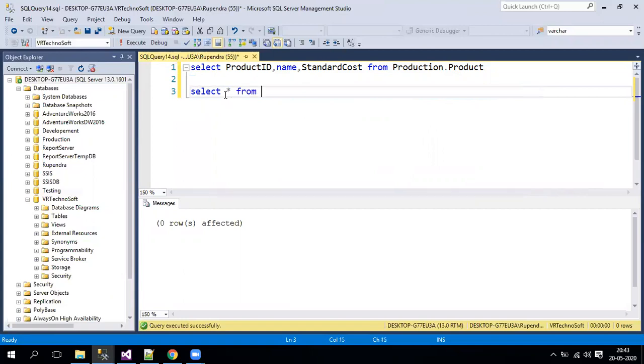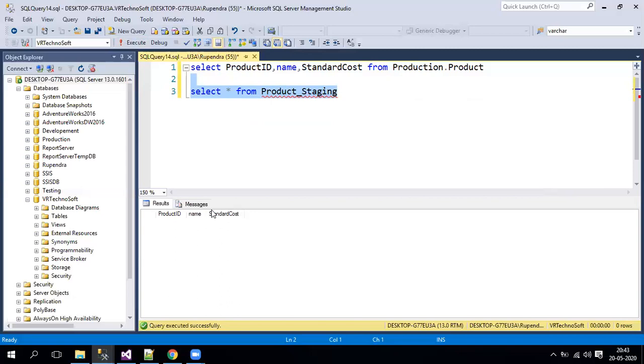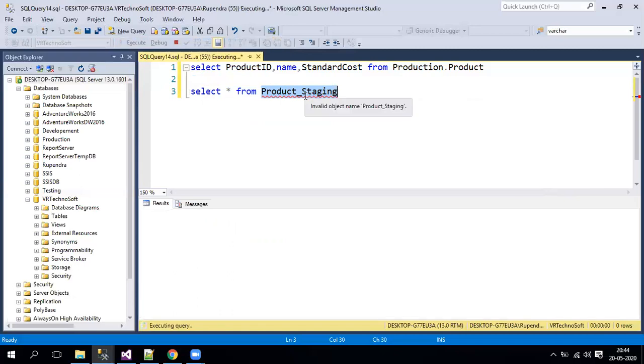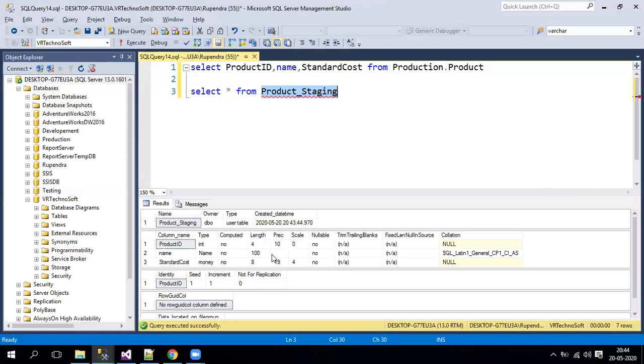So I have used the select star into option here, and let me do select star from my table name. And if you see, there are only 3 columns in it, and I just want to see what the data types are. So we can just do Control Alt F1, and we can see the data types. So one is int, and name and money. Generally in the staging area, we make sure all the table structure will be characters.